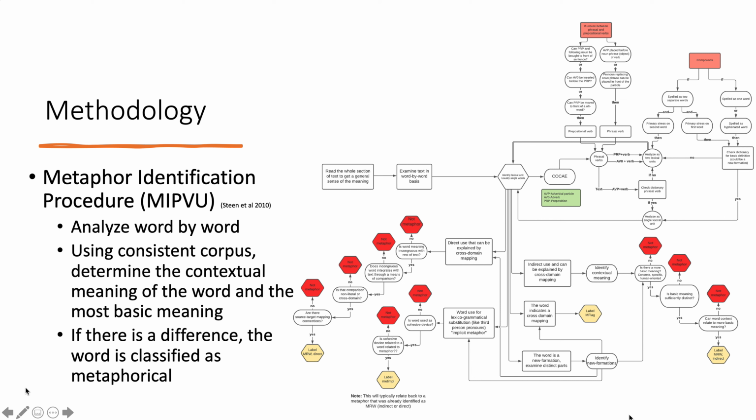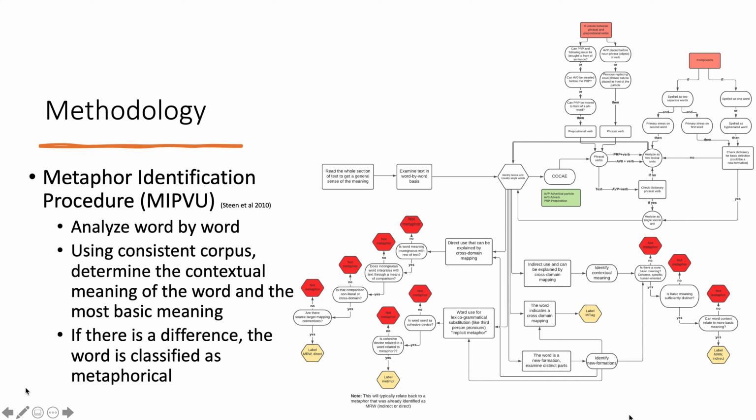Now, I would like to switch gears a little and talk a bit about the methodology of this study. How do we go about identifying these metaphors? Steen and his colleagues in 2010 described the metaphor identification procedure in their book. I went ahead and made a flowchart of this description. The flowchart seems complicated, but in the end, it's really about looking at the text one word at a time,